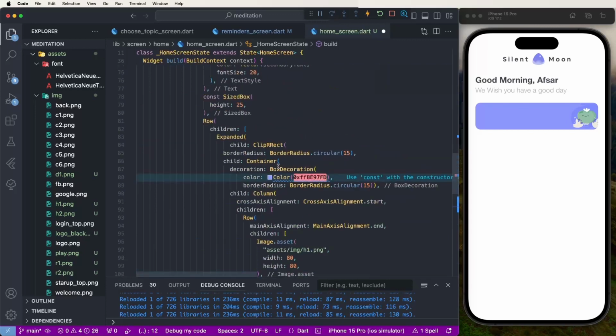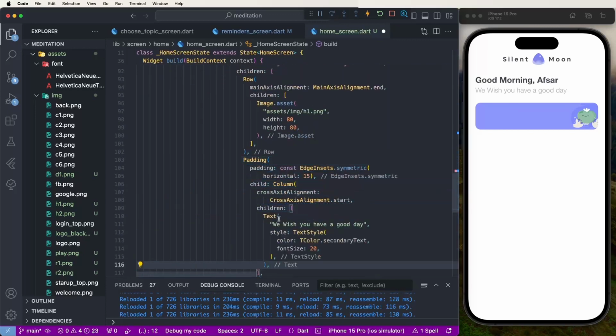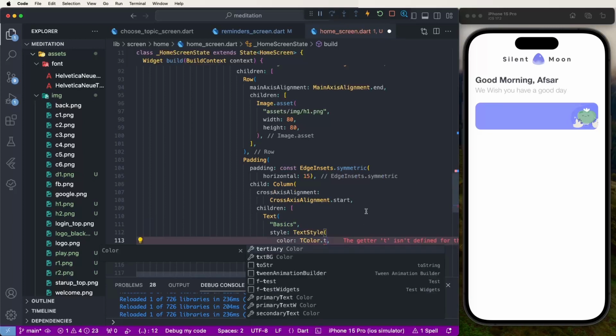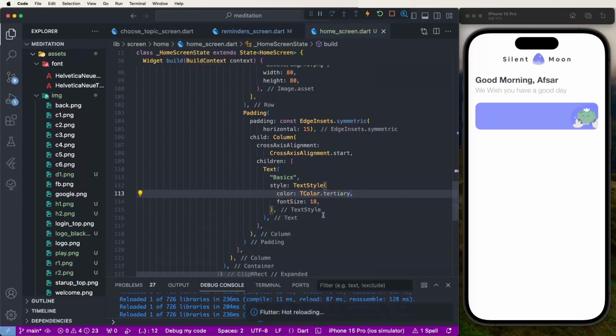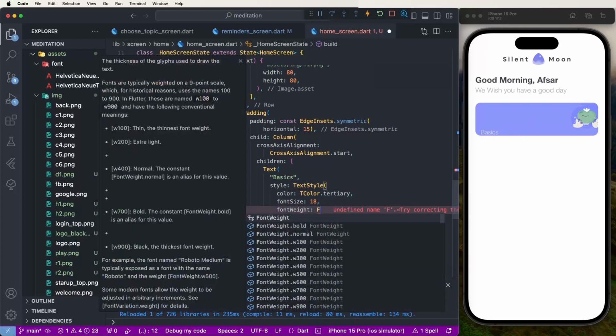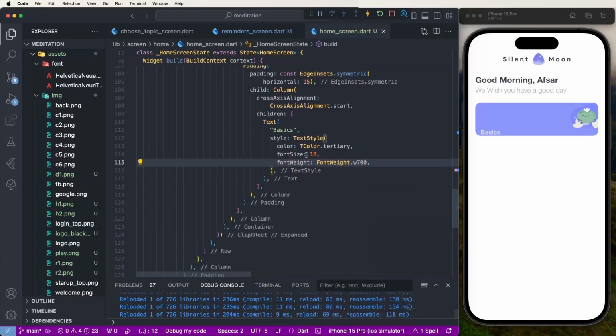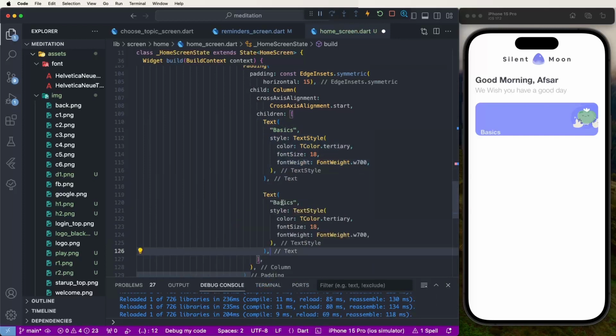Now need to set this here the text copy here and to paste this here. Now need to give this here the titles as a basic and to set this here the font 18 and kernel. Save this here like this showing and to give this here font weight as a 700 like save. Now need to create here the another title text copy here need to paste this here and now